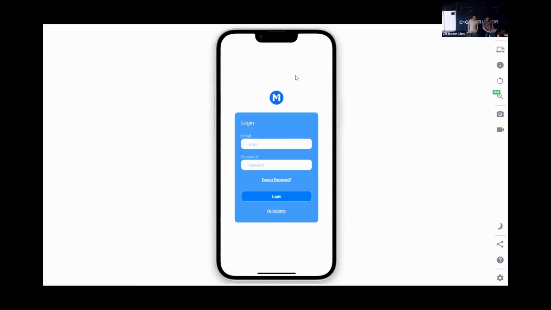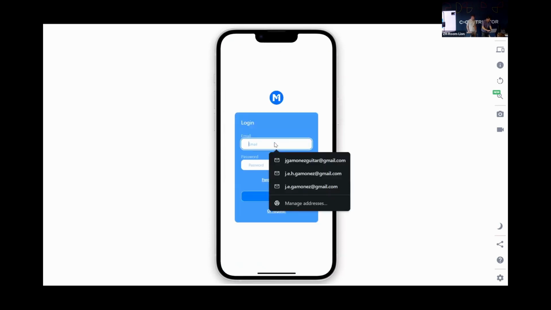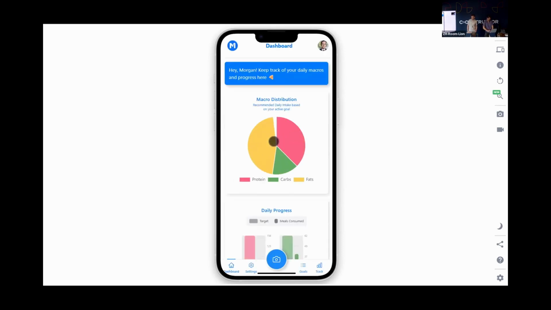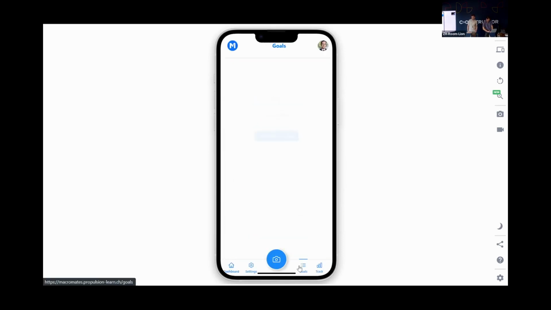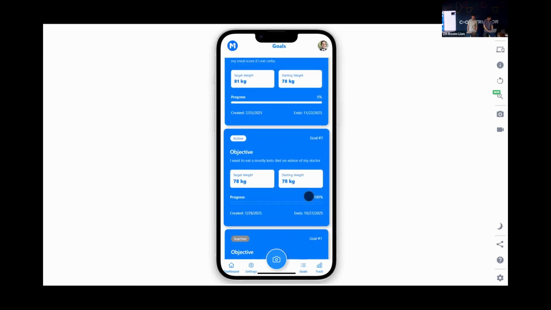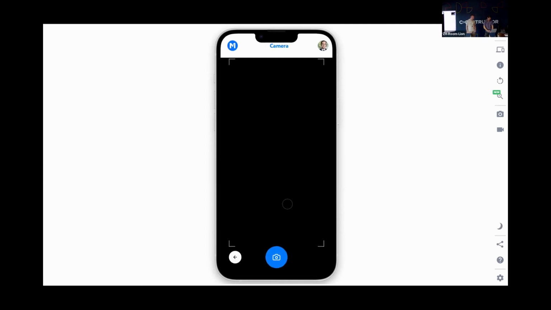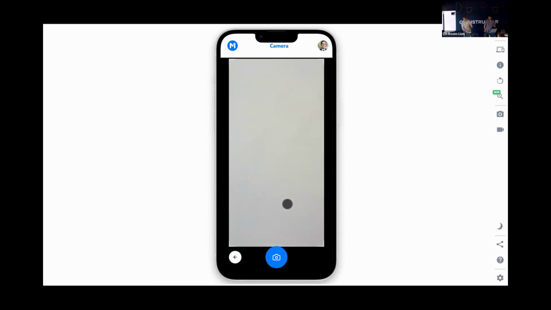Now, for the purpose of this presentation, we're going to imagine Morgan is now in the future and he's been using this app for around 3 months. This time he's spoken with his doctor and figured out for himself that he wants to eat a mostly keto diet. So now he has a new goal. One thing we're going to show with this app now is what happens with the meal.